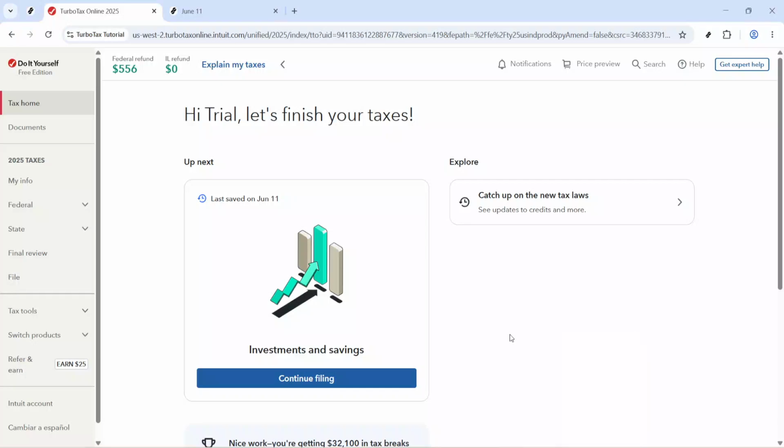In today's video, I'm going to teach you how to claim the tuition tax credit using TurboTax. If you paid qualified education expenses and want to make sure you get the tax benefits you may be eligible for, TurboTax makes the process fairly straightforward. In this walkthrough, I'll show you exactly where to go so you can find the education section and begin entering